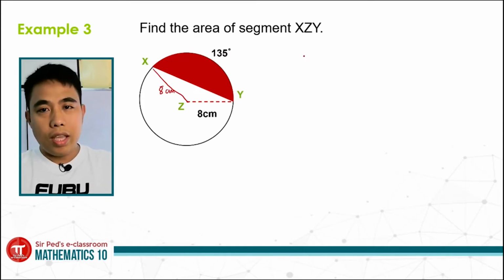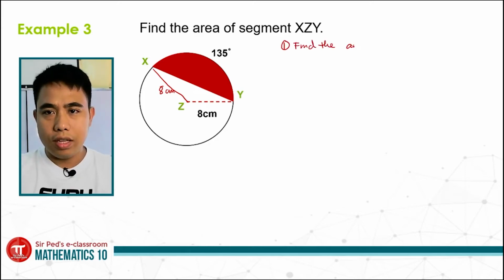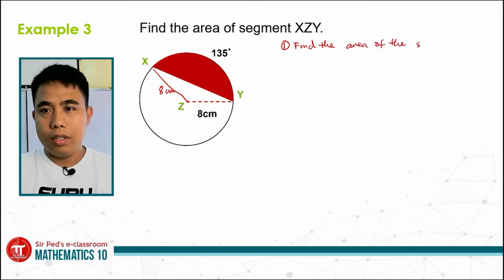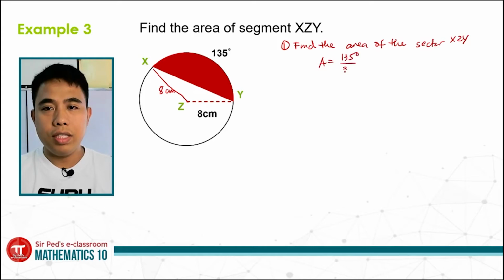So in this case, ganun din, find the area of the sector XZY. So that will be area is equal to 135 degrees over 360 degrees times pi times the radius 8